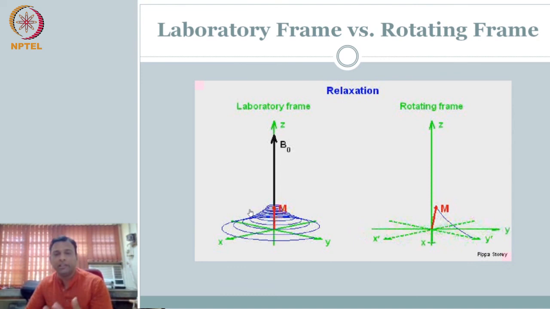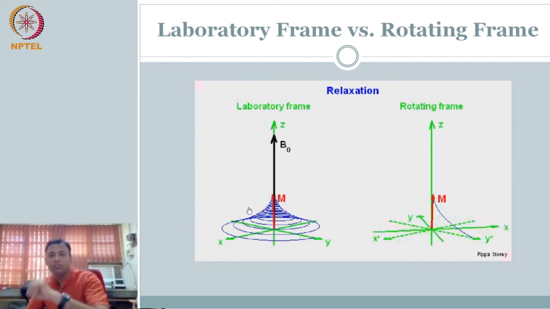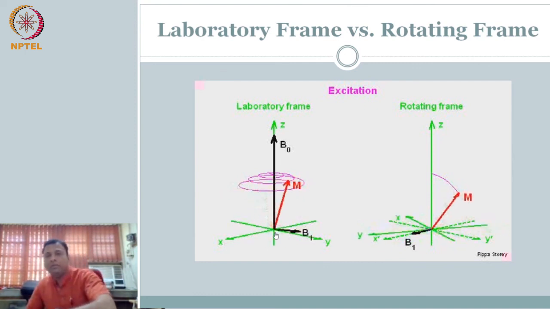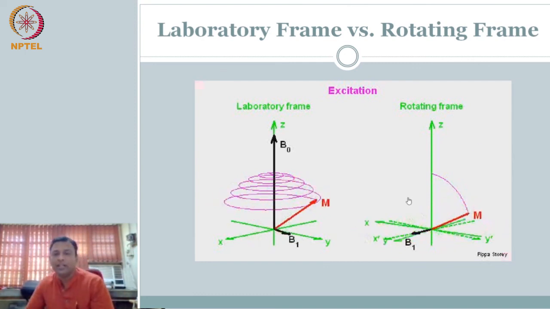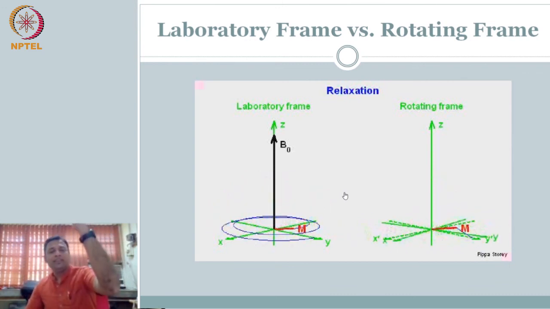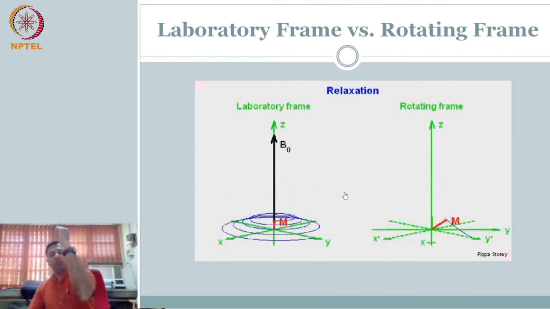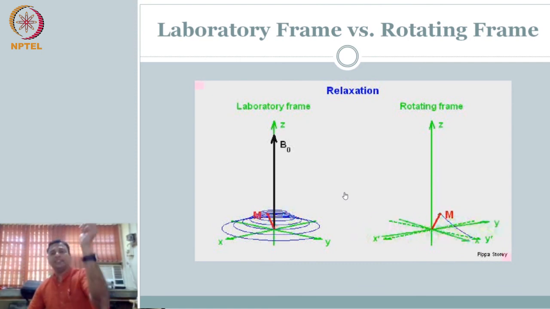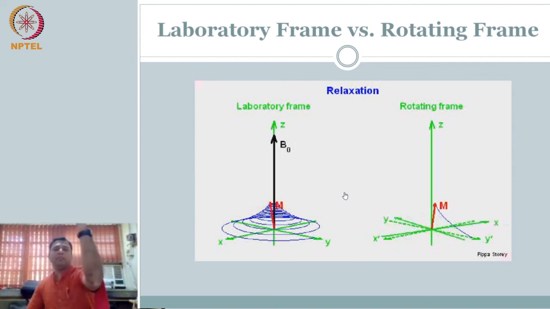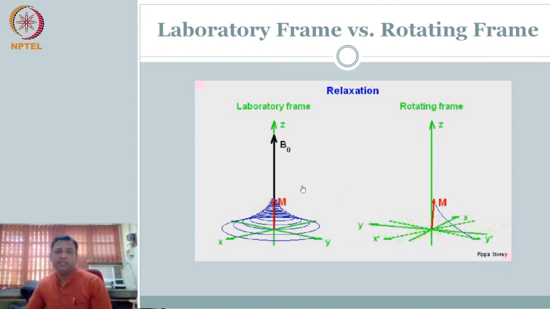You would have been introduced to this in several courses in different contexts. But now try to train to get an intuitive understanding of what happens when you have B1. It may be easy to visualize the effect in the rotating frame of reference. Instead of having the spiral each time I show my hand, if you pretend it is the rotating frame of reference, I don't have to do this. I'll just say this M is going down, M is coming up. That will be the easiest way to do it. So let's stop here.